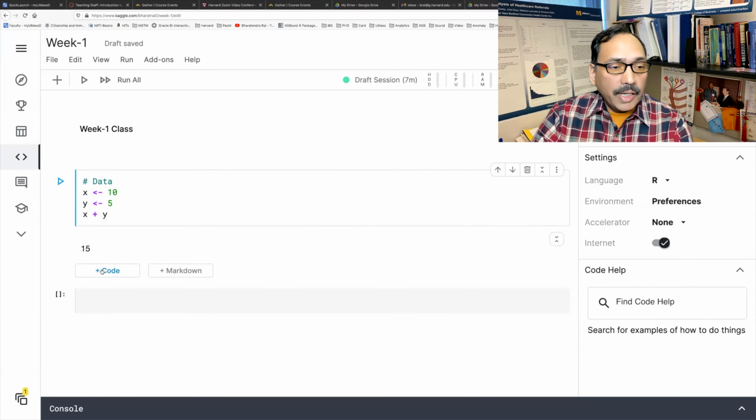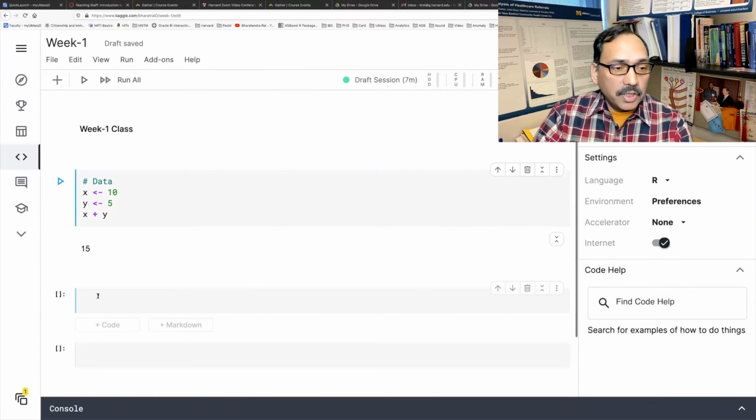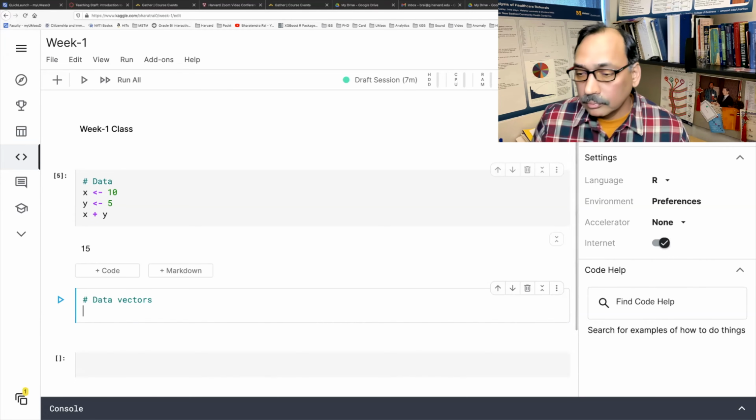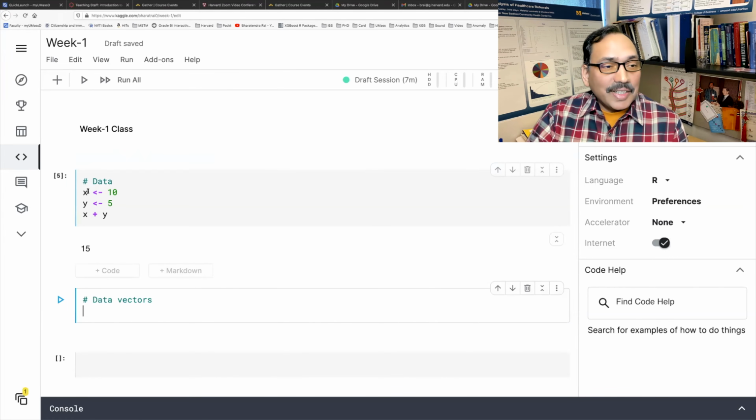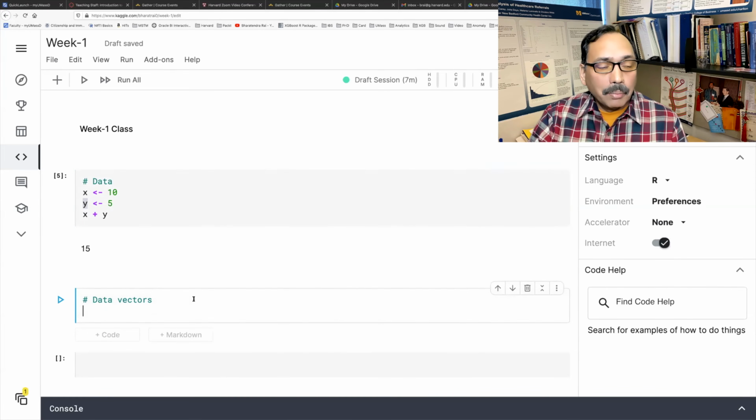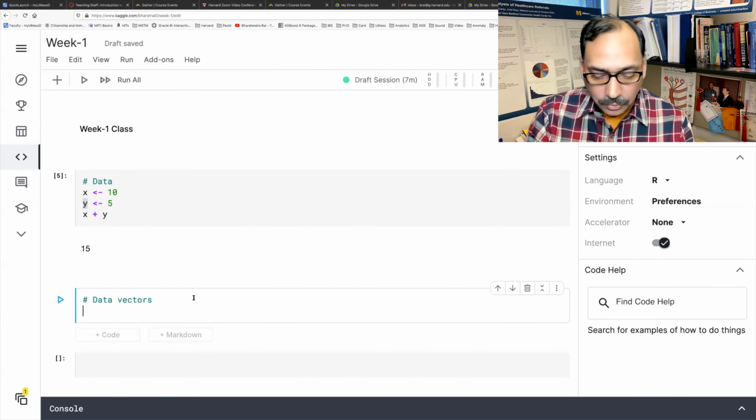Now let me add another code chunk here and talk about data vectors. This X and Y that I created earlier are also vectors, but they have only one value. But we can always give more values.